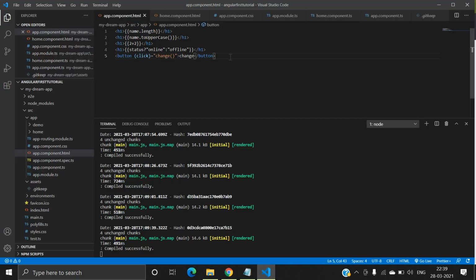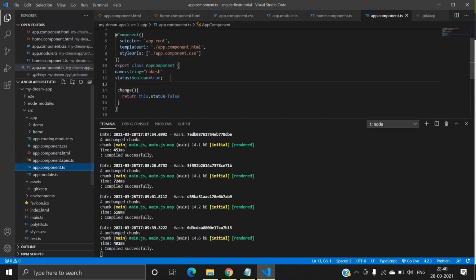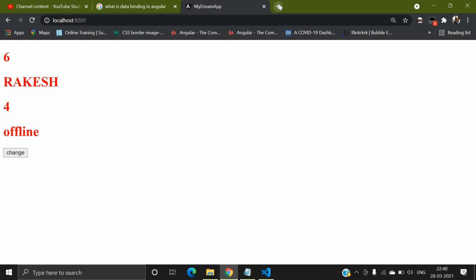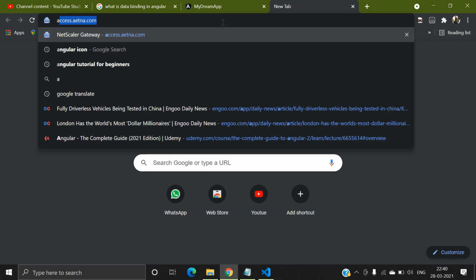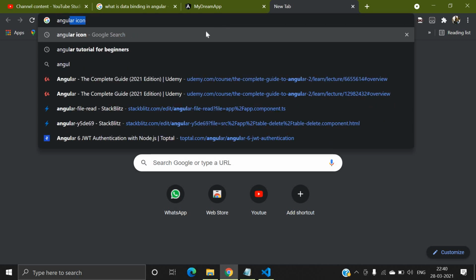And there is one thing, like if you want to use any images with the help of interpolation, you can easily use them. So first of all, I will take one URL, let's say an Angular icon.